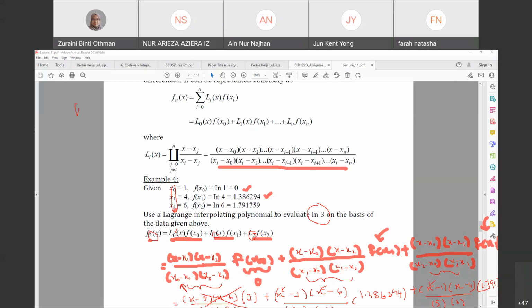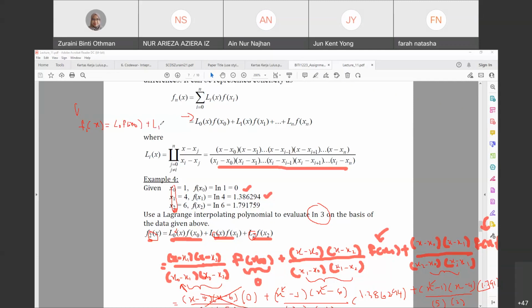Contoh kalau F1 kita nak cari ln 3. Kita nak buat Lagrange sekarang ni. Saya punya soalan nak cari guna F1. Kalau F1 kita tahu kita ada F1X. Kita tengok general formula dulu. F1X sama juga dengan L0 Fx0